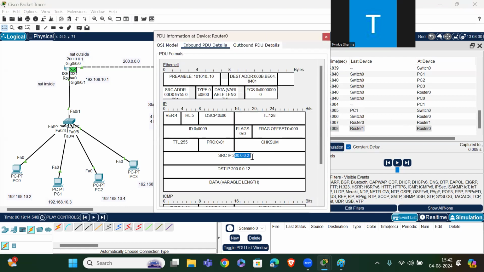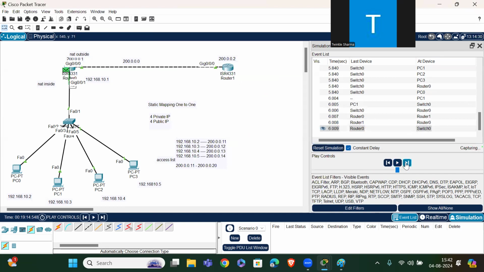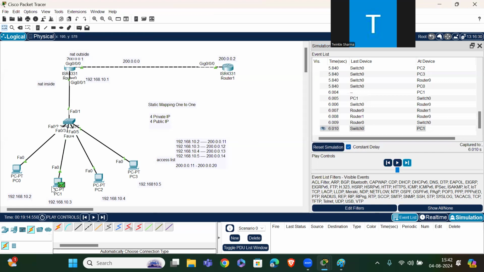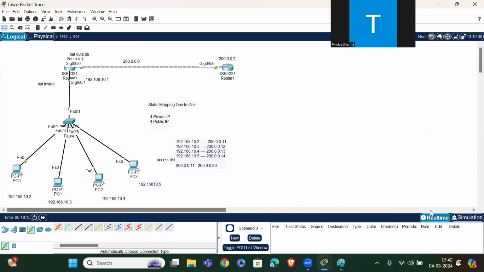Source is 200.0.0.2 and 200.0.0.12 is the destination, whereas 192.168.10.3 is the outbound. Done. Okay, the message is accepted now. Okay, done. Then now we have another topic.